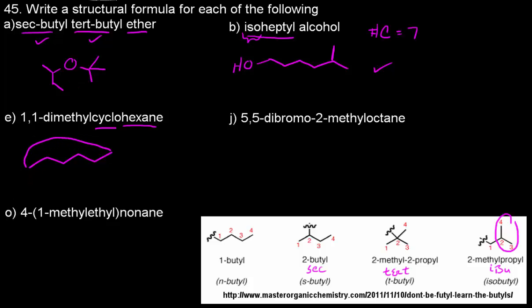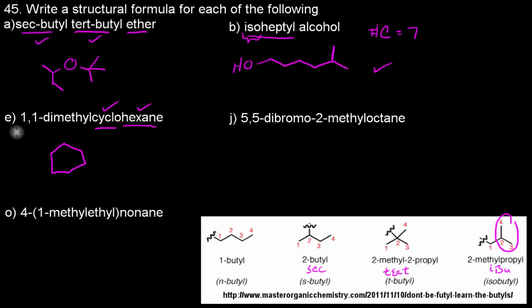And that's not very pretty, so let's go ahead and erase it. So I'll go ahead and erase this guy, and just draw a 6-membered ring. So we know it needs to be a cyclic structure, so 1, 2, 3, 4, 5, 6, and go ahead and complete the structure. Okay, so now we've taken care of the cyclo, we've taken care of the hexane,